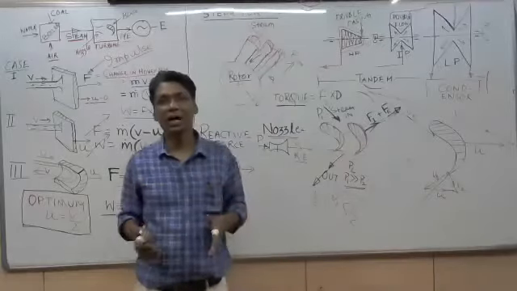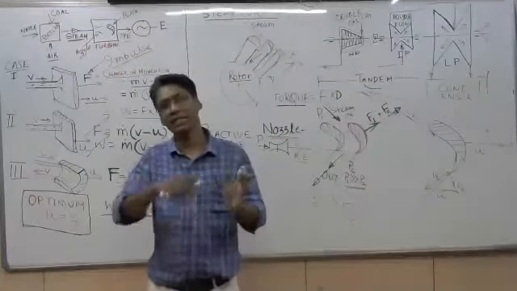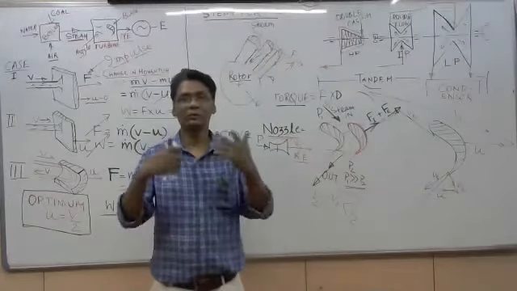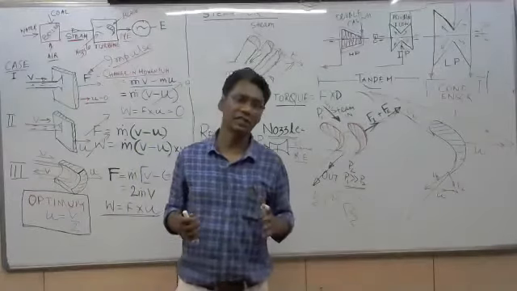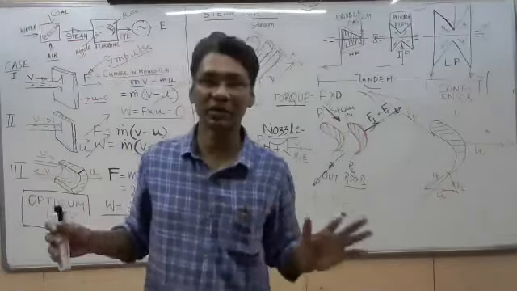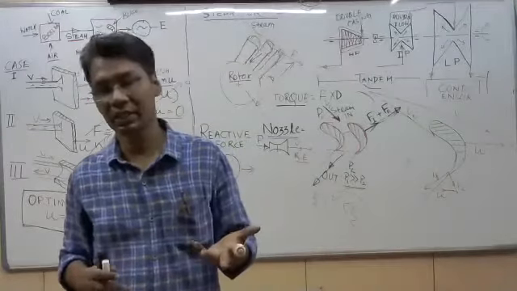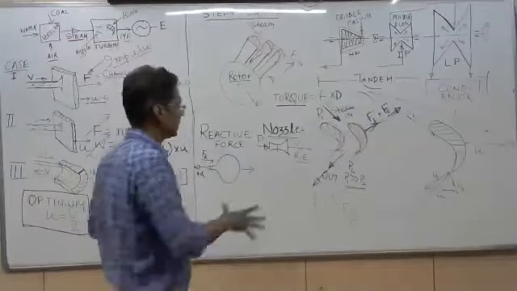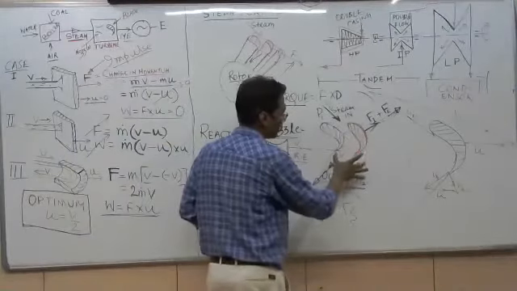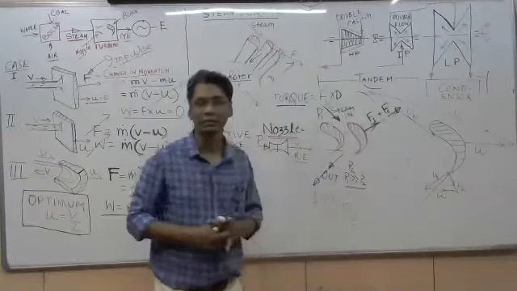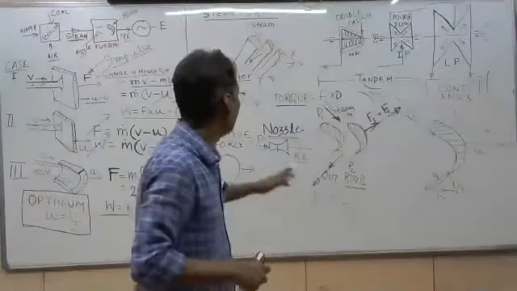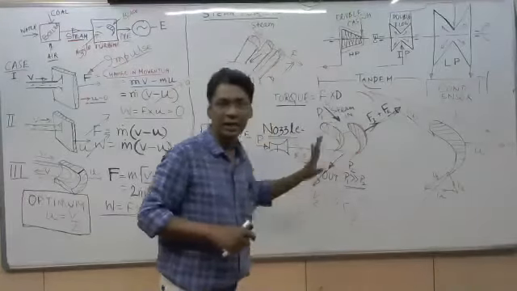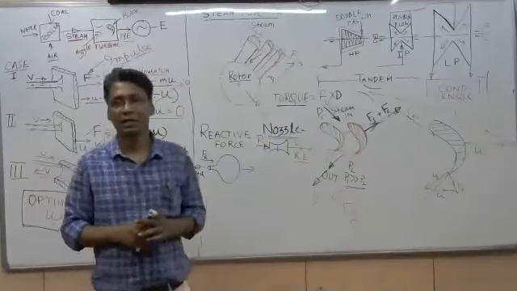The blade cannot be 100% reactive because there is a change in velocity. So it is the impulse reaction blade. Steam turbine blades are mostly impulse-reactive blades. It is not 100% reactive or 100% impulse; it is a combination of both. So this is the fundamental of the blades used in the utility turbine, that is, the power generating turbine. This is in short the reactive and impulse turbine.